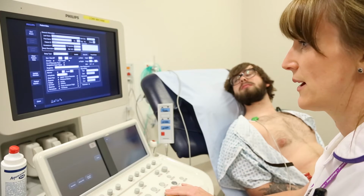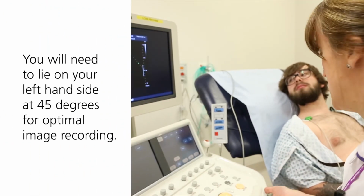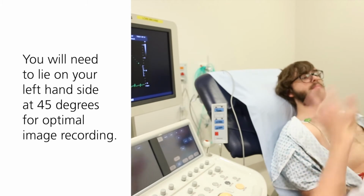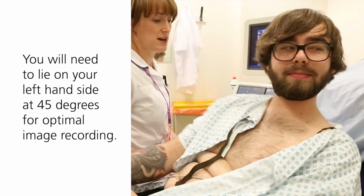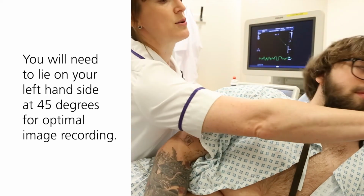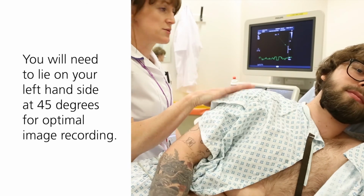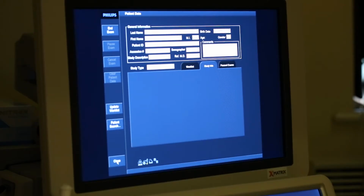You will need to lie on the couch on your left-hand side. It is important to position you correctly, and a semi-recumbent position of approximately 45 degrees to the horizontal with you lying on the left side is recommended for optimal image recordings. A few images at the end of the procedure will be taken with you lying flat on your back